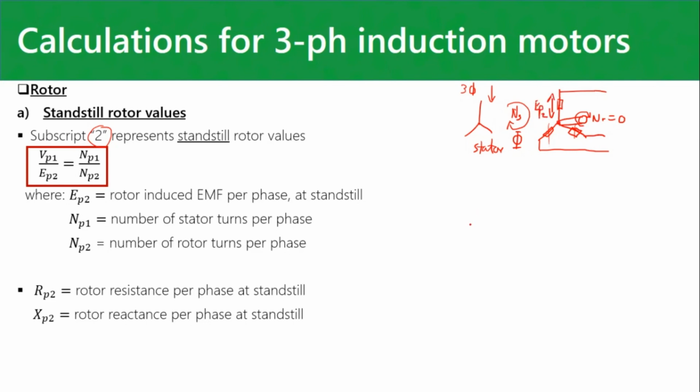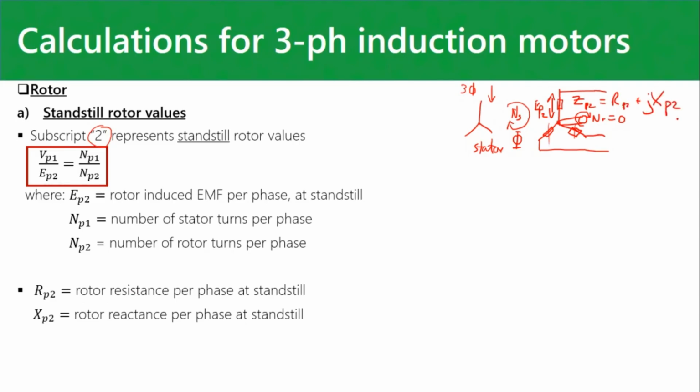That's the bottom line of it. And the standstill value for the rotor impedance, ZP2, is RP2 plus